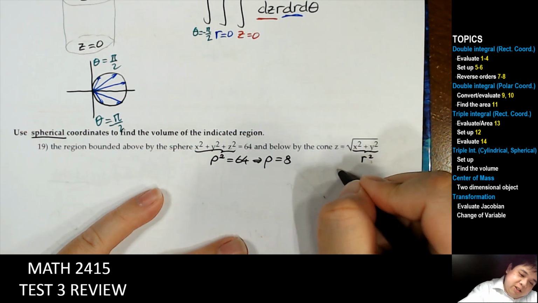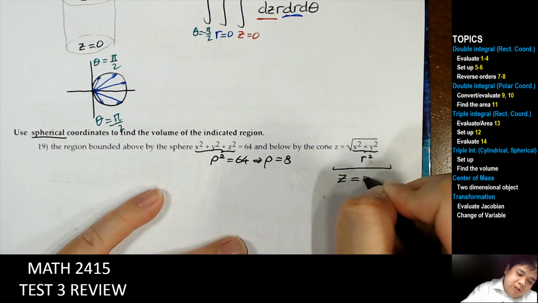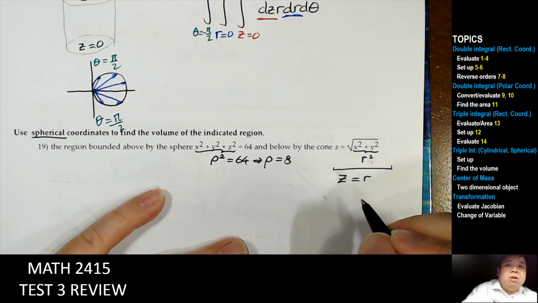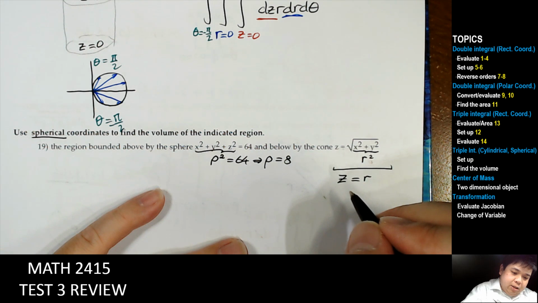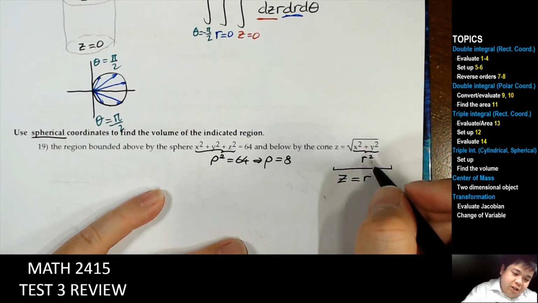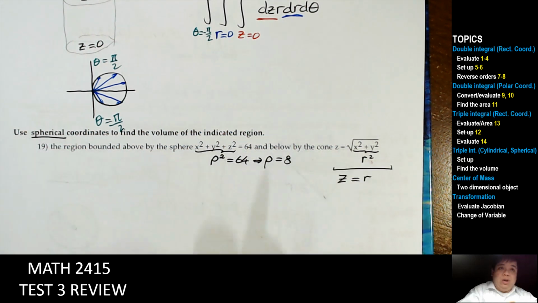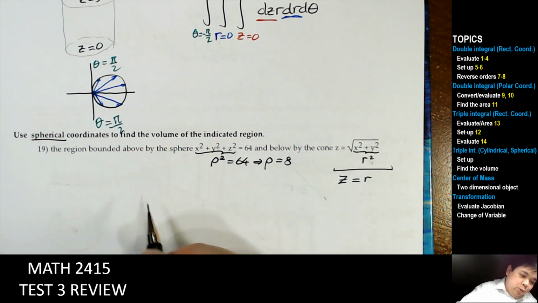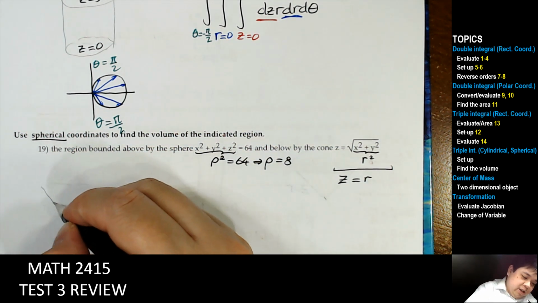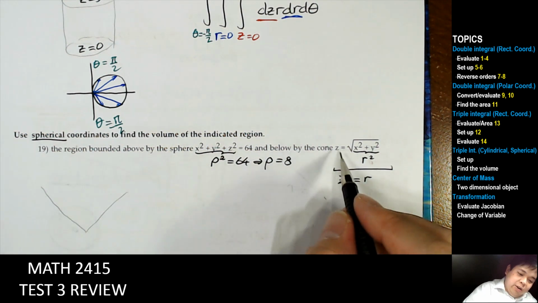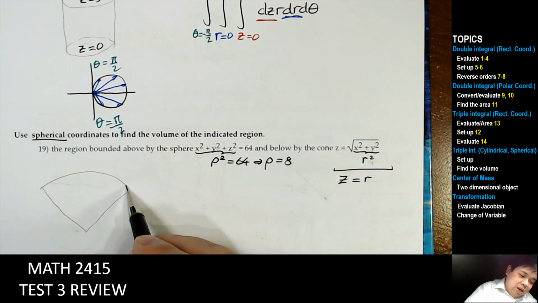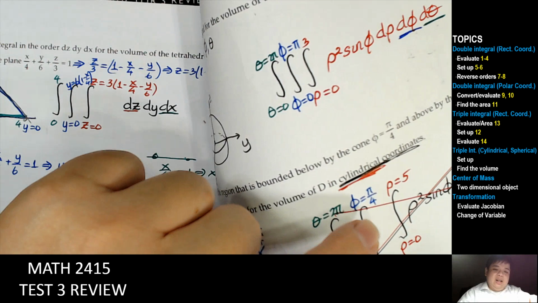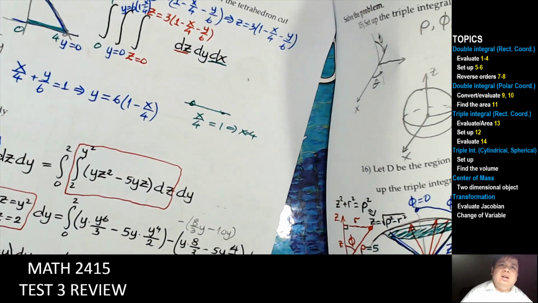x squared plus y squared, that is r square. So this gives us z equal to r. Right? Sorry. Yeah, z equal to r. And then rho equal to 8. Right. Those two graphs. So again, we have above by the sphere, and then on the side by the cone. So actually this one is exactly like the one here, number 16,